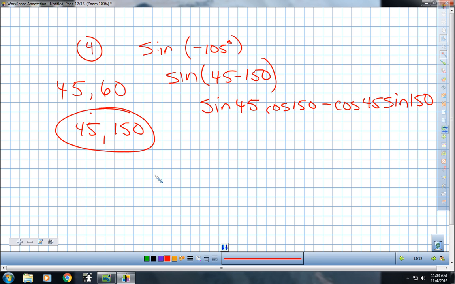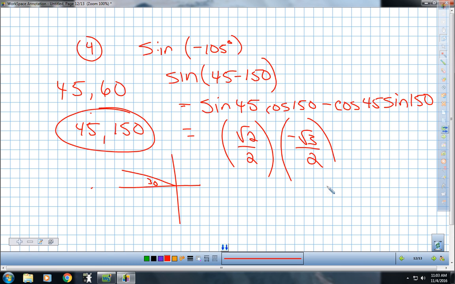Okay. So here we go. Sine of 45 degrees clearly is what, class? Oh, radical 2 over 2. Cosine of 150, well, maybe I'll just check that to make sure. That's a 30-degree reference angle in the second quadrant. It is the x-coordinate, which would be what? Negative radical 3 over 2, correct? Cosine, the x is negative in the second quadrant, and the x-coordinate of a 30-degree reference angle, radical 3 over 2. Minus cosine of 45 degrees is